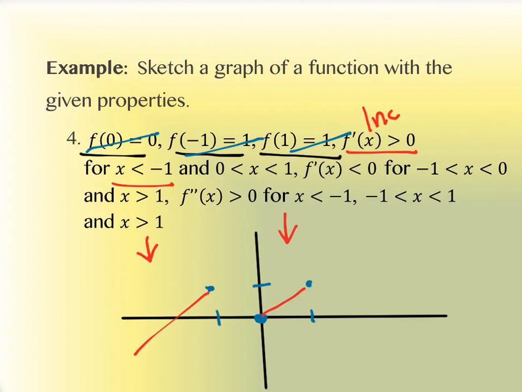The other piece of information about the first derivative is right here, and that tells us that it is decreasing. So the graph is supposed to be decreasing between -1 and 0, so something like this, and decreasing after the x value of 1, greater than 1, over here like this. So this looks kind of like an M or something like that. We're going to have to change a little bit of it because the next thing that they tell us